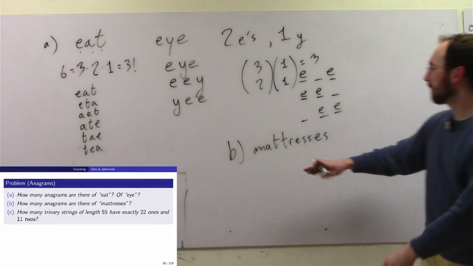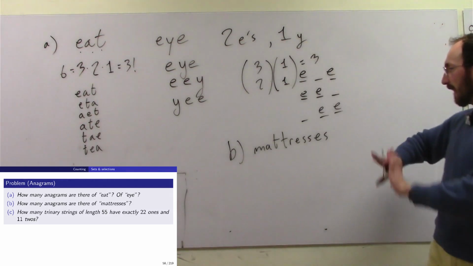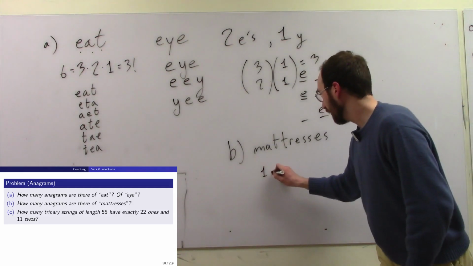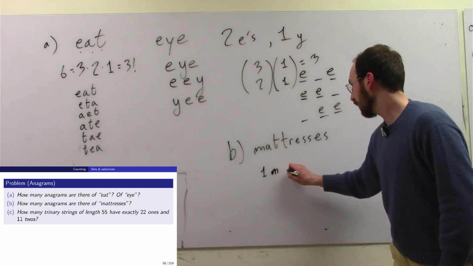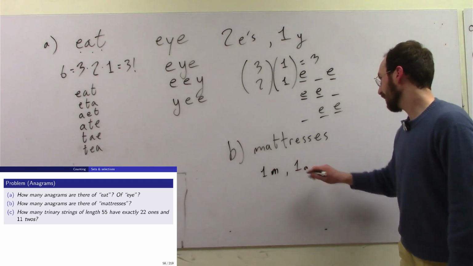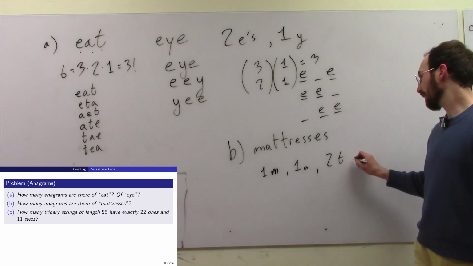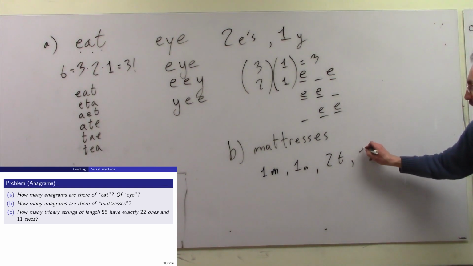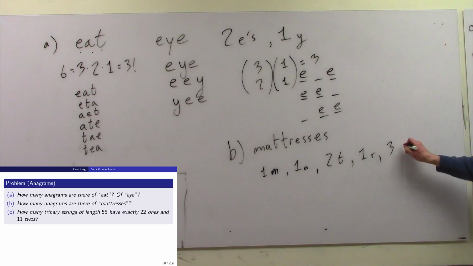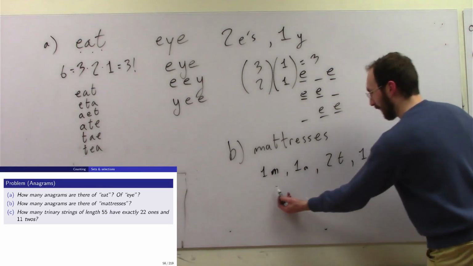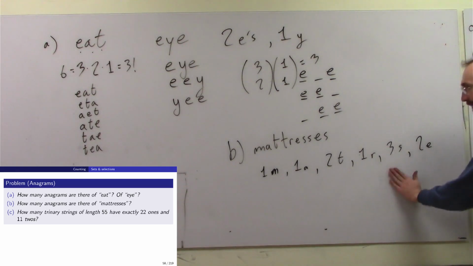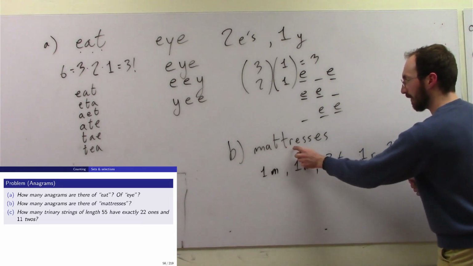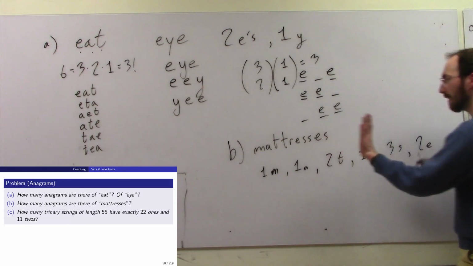Let's just take stock of what we have. We got one M, one A, two T's, one R, three S's, and two E's. I don't know why I skipped the E, whatever. Okay, so we have all of these, and we have 1, 2, 3, 4, 5, 6, 7, 8, 9, 10